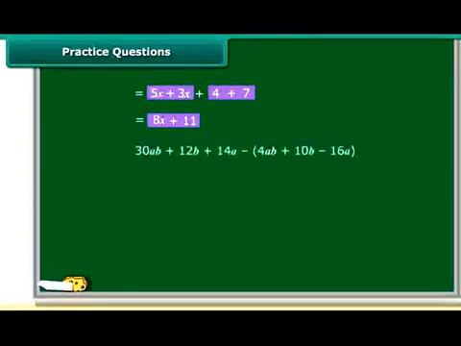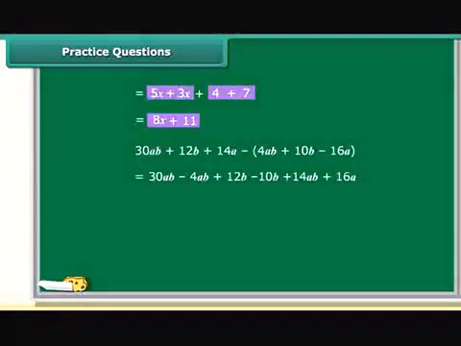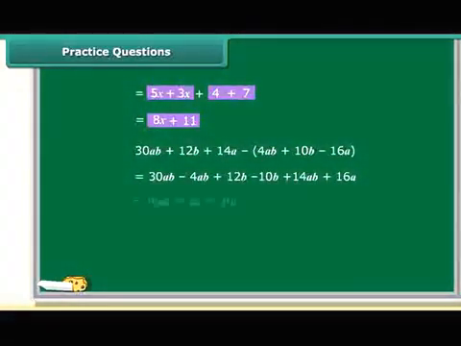Now, the question is to subtract 4ab plus 10b minus 16a from 30ab plus 12b plus 14a. We have to use the same criteria as we have used for the addition. Bring the like terms together, taking into consideration the sign of the terms. So on rearranging, we get,